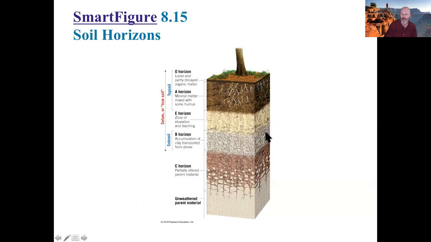So if we look at this image here, we can see the organic material with the root structure, and then it comes down into the A area, which also has the mineral matter, the rock and mineral matter. Then we have this area here, the E horizon, the zone of eluviation. That basically means we're going to have water leaching through that territory here. Then we have our clay and our parent material, including stuff down here that hasn't broken apart yet, but notice